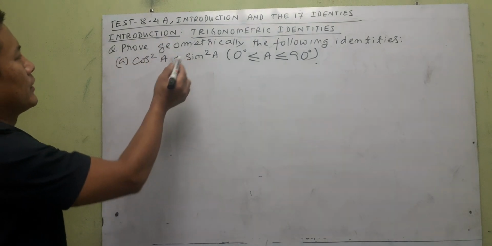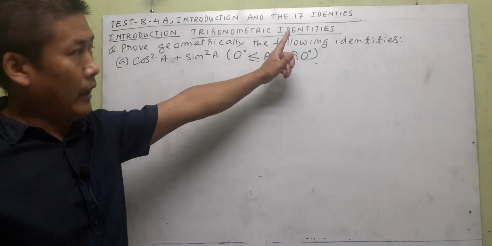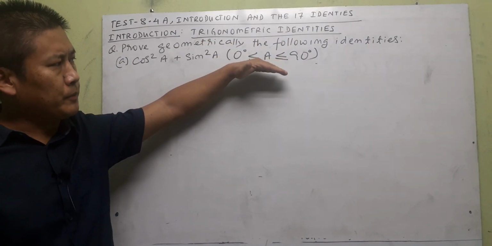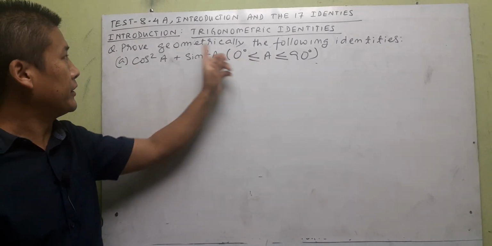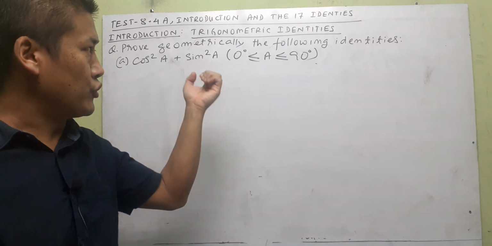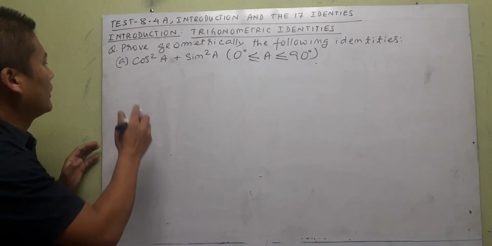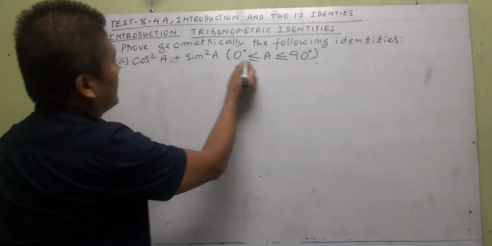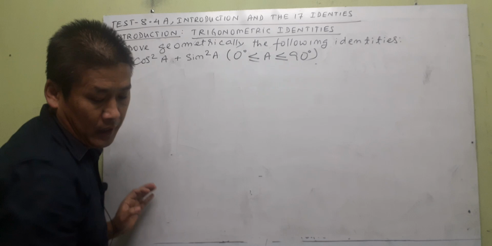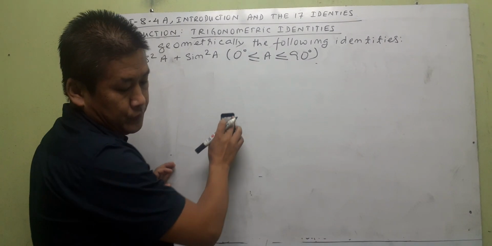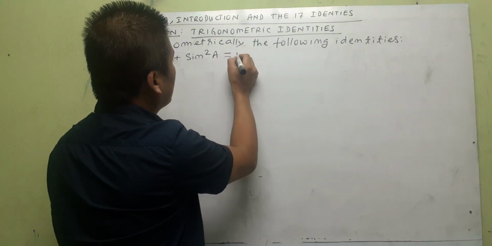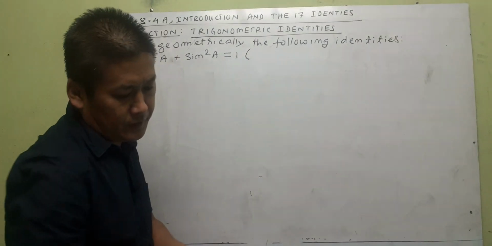So first question we'll start with the introduction is the trigonometric identities, okay? First we're going to prove some primary identities geometrically. Prove geometrically means we have to use a right triangle, a geometric figure, which is the right triangle here. Let us start to prove the A here. Sine square A plus cos square A equal to 1, okay? We're going to prove this one is equal to 1 geometrically,